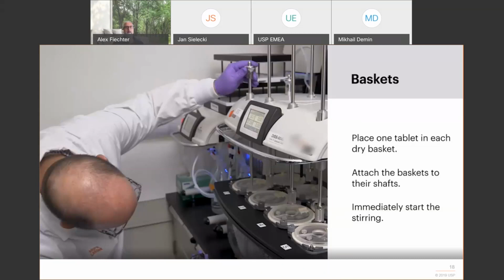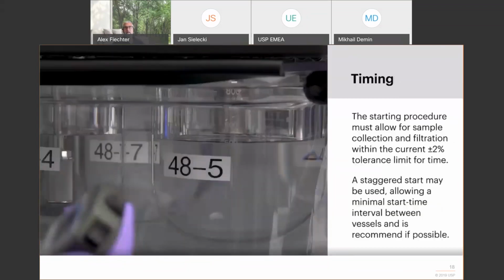You can do an immediate start by introducing all six baskets at the same time, but you can also do a staggered input and then accordingly take the samples according to the time differences to which you have inserted the baskets. Timing is important because remember, when we take a sample after 30 minutes, the prednisone tablet has only released about 40% of its whole content.